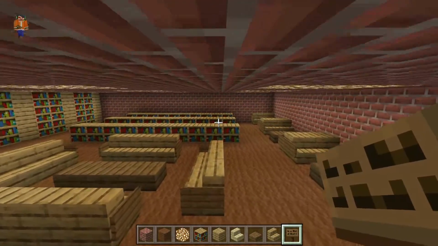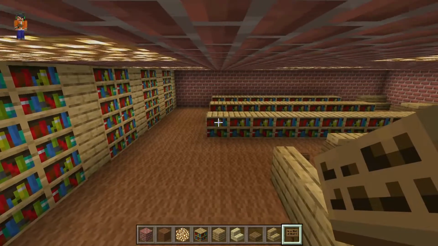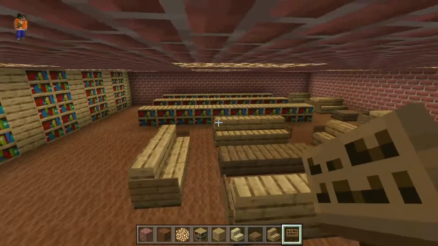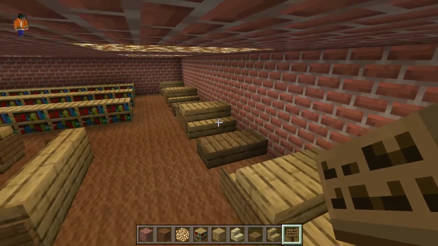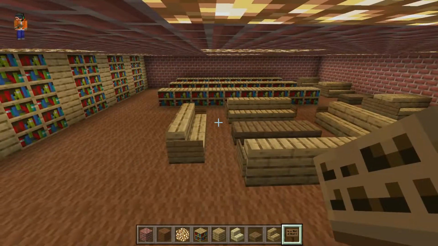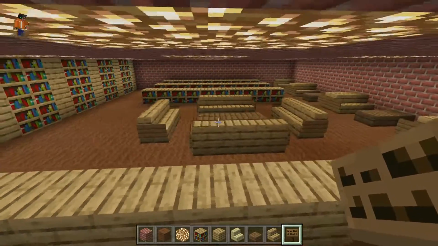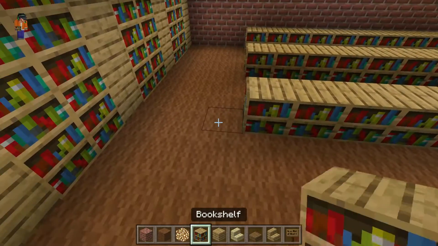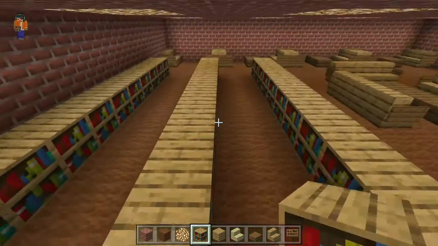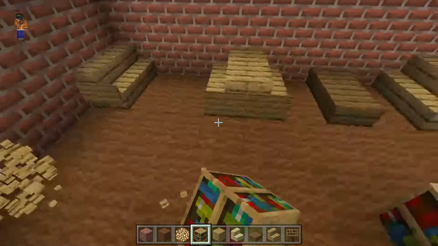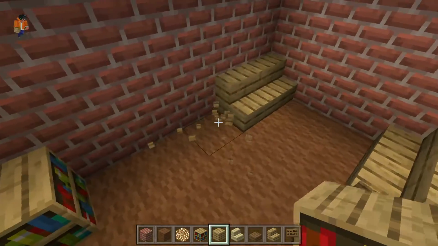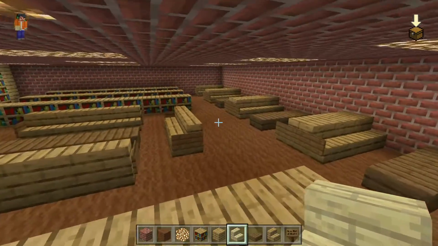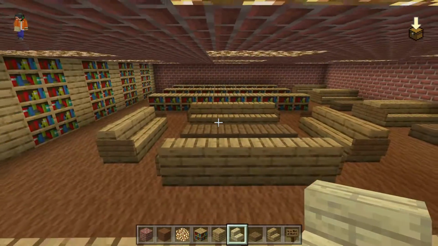We've got plenty of bookshelves around here. I kind of want to move this like maybe over a block. So that way we have 2 blocks on that side. I could maybe extend these to 3 blocks. I would have to like move everything over a block, but I think that would make it look a little bit better. So I'm going to go ahead and move this over 1 block and move everything over here 1 block as well. Alright, so I've moved everything around, so now it all fits in to the room,